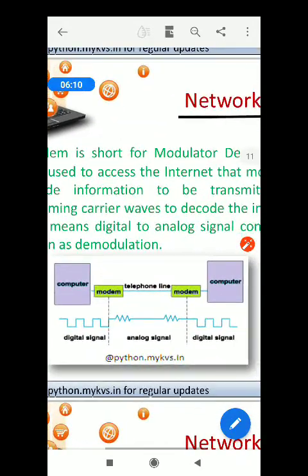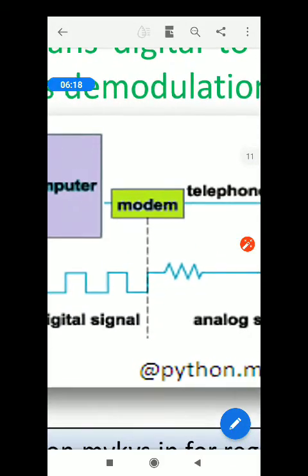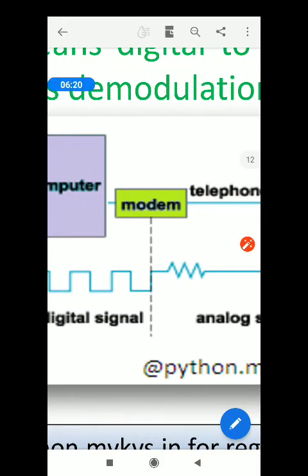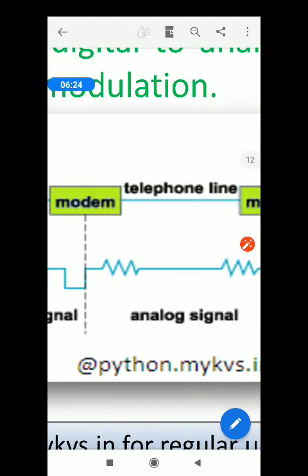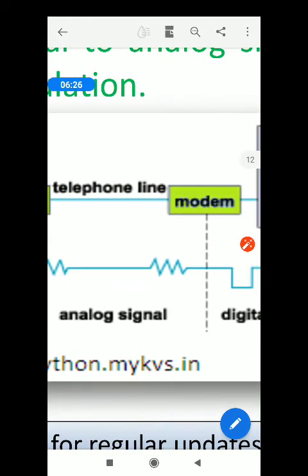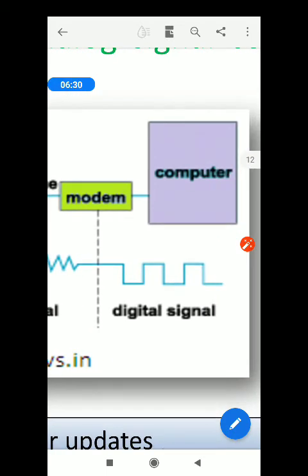See, in the diagram you will get an idea how it works. From computer digital signals are passed in modem, it converted to telephone signals or analog signals. Again, in the next receiving end, a modem demodulates this analog signal to digital one and passes it to computer.